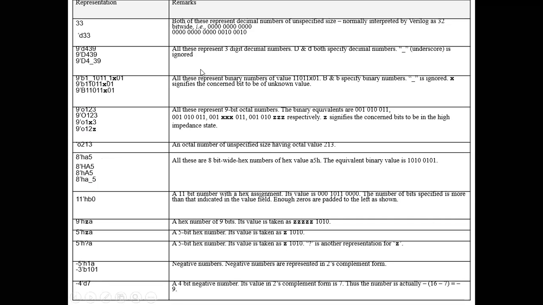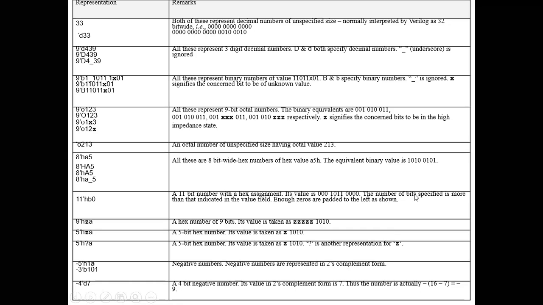Next you can see it's an 11-bit hexadecimal number with the indication of B and 0. You see here an 11-bit number with a hexa assignment. Its value is just like this. It's 11-bit, right? So here we are breaking it as 4-bit, 4-bit, and 3-bit. The indication of B is represented here, and the indication of 0 is represented here. To represent B, we require 4 bits, right? 3 bits is not sufficient.